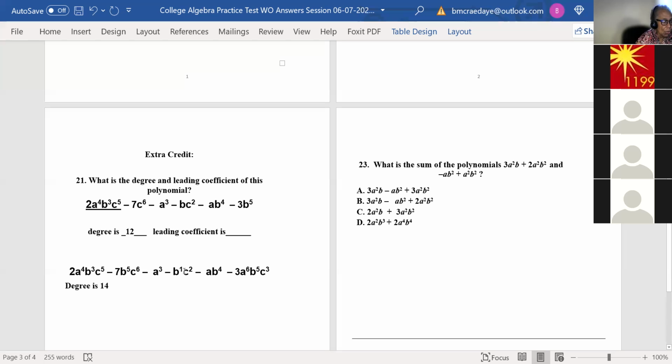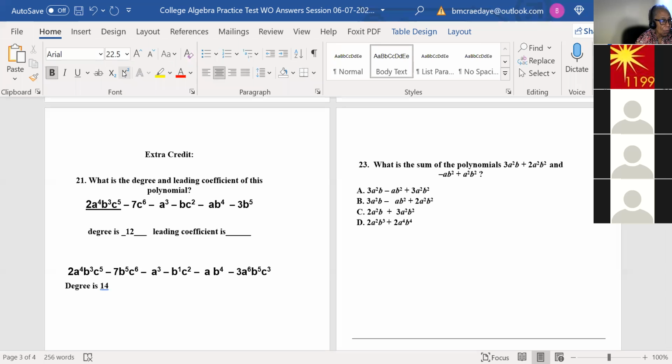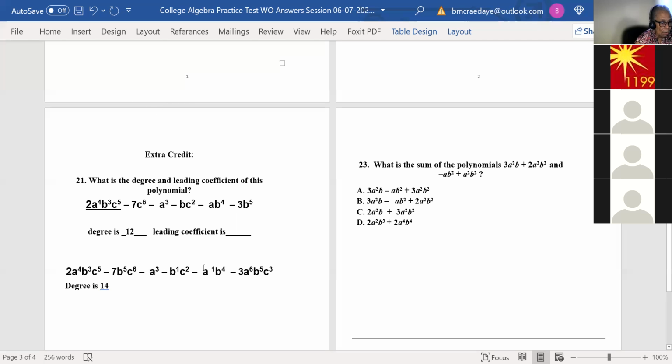But I put it here so you could understand. I put it on the B to the 1, C to the 2. But A is also to the 1, but you don't have to put it. Let me just put it here for you. Normally, you don't see the power when it's a 1. Like I say, it's a default. But I'll put a 1 here. Okay. So when you add up all the powers,